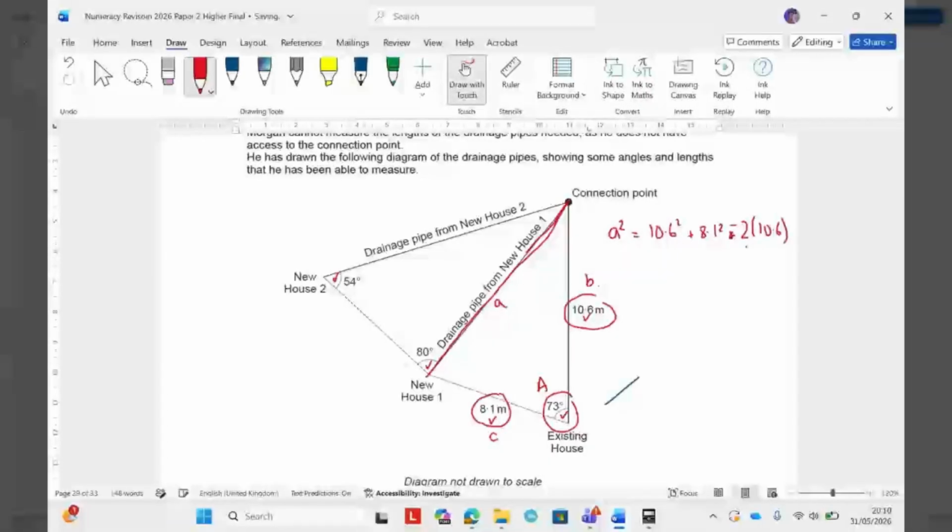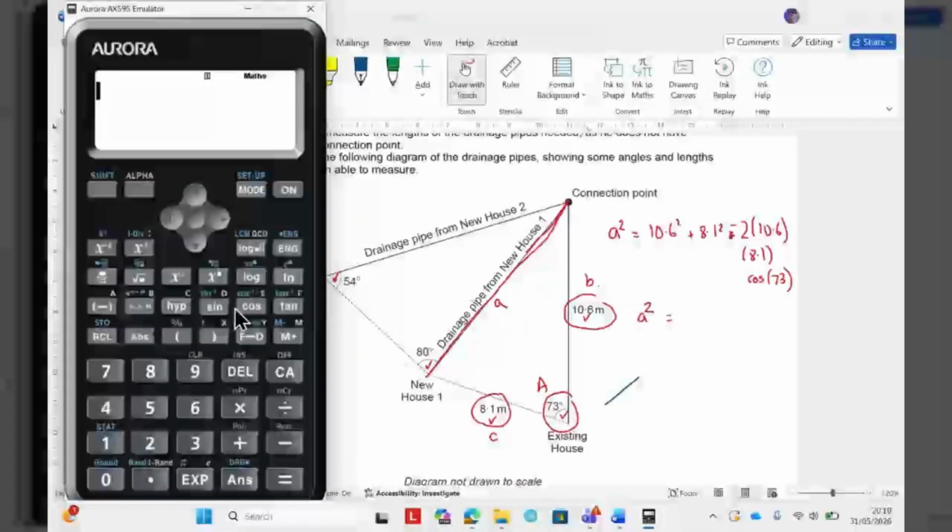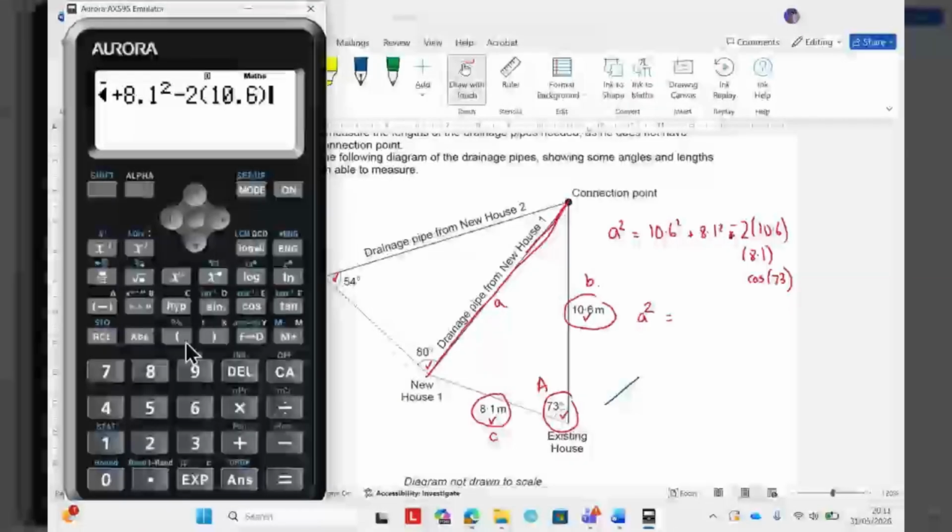2bc cos A, right? One of the worst videos I've ever made this. What a mess. So a squared equals, let's just quickly turn this in, b squared. Could have put that in brackets. I tend to do that. 8.1 squared minus 2 in brackets 10.6 close brackets, open brackets again, 8.1 close brackets, and then cos, and into there we're going to put 73 close brackets equals, okay,